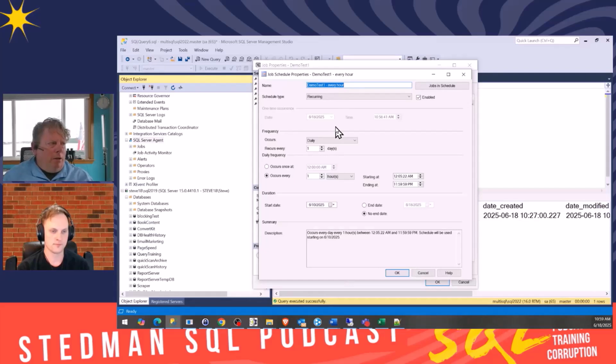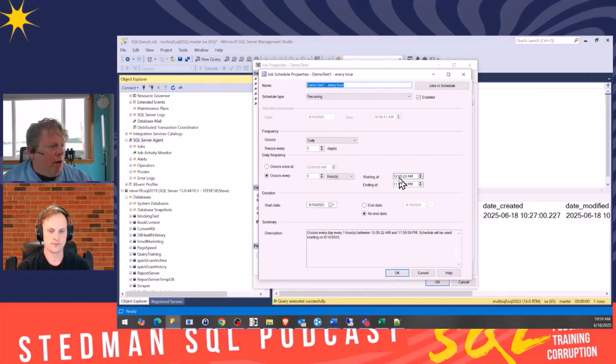Now, if I had just called this job schedule every hour, and then Mitch comes along later and schedules a job and he sees that there's already a schedule there called every hour and takes my job schedule, then we have two jobs that are running on the exact same schedule and they start on the exact same second every time they run. First off, you're going to run into contention there with the jobs starting on the exact same second. So one of the things we like to do is to go in and modify the jobs.